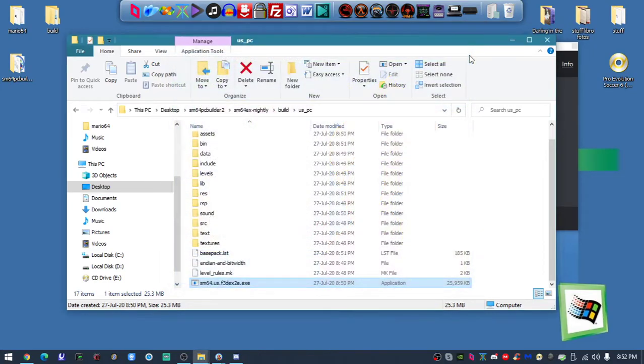So as you can see, Princess Peach has a different model. It's the upgraded version. So for the last little tip that I'm gonna leave you guys is